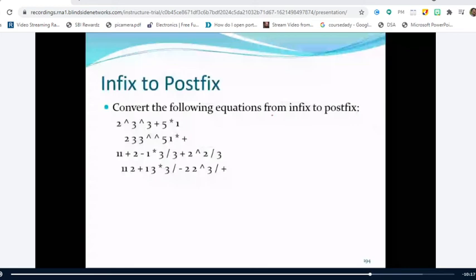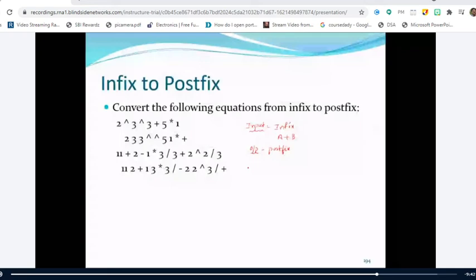Let me take a simple example. What is the input for the algorithm? Infix expression. Let me take a simple expression, that is a plus b. So what is the output? It is nothing but the postfix expression. Right. So when you solve such a problem, that means conversion of infix to postfix using stacks and the algorithm, you have to draw a table.